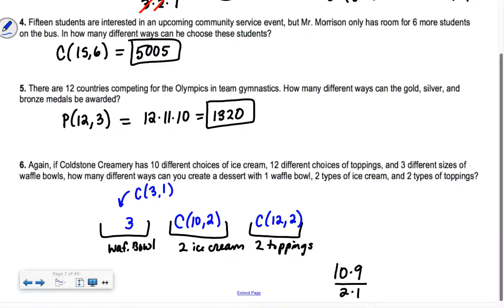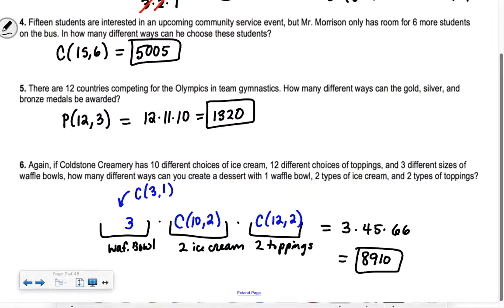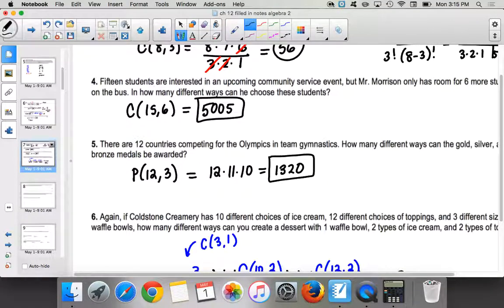Now we multiply those together, so we get 3 multiplied by 45, multiplied by, can anybody do 12, choose 2 in their head? 12 times 11 divided by 2 times 1, 66. So we have 3 times 45 times 66. So we get 8,910. All right, so we have some more examples, but we'll stop here for today, and then we'll finish